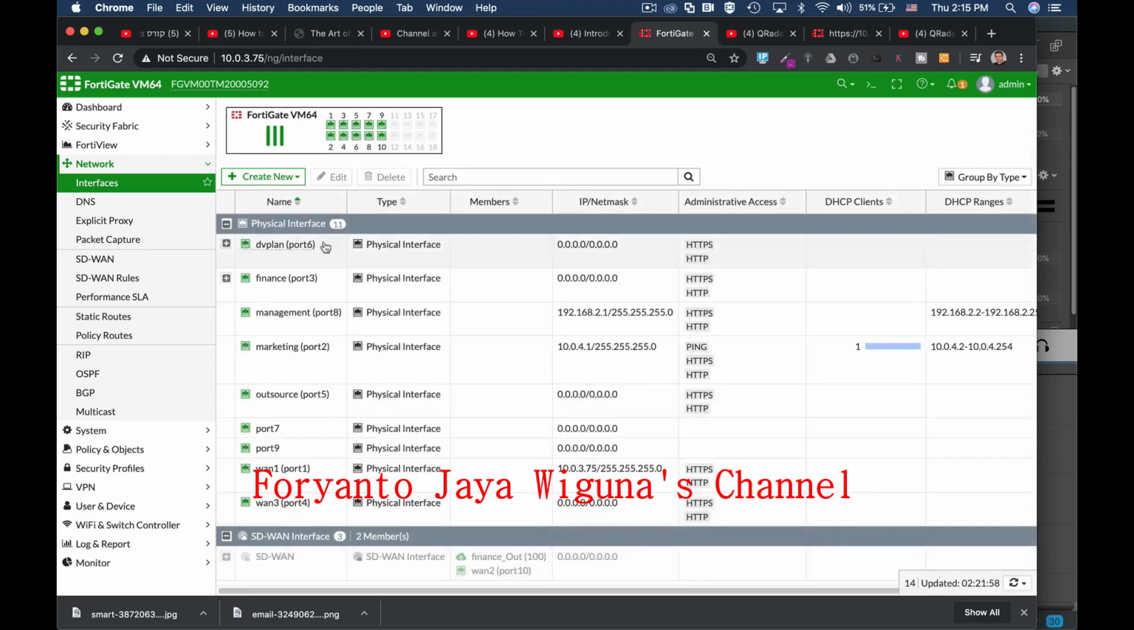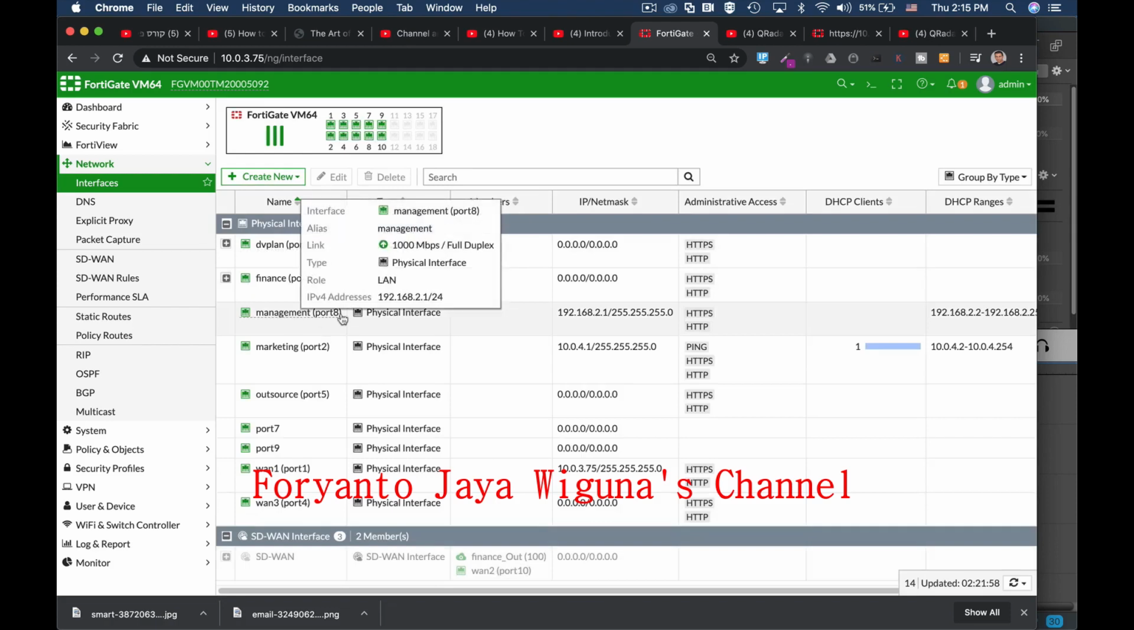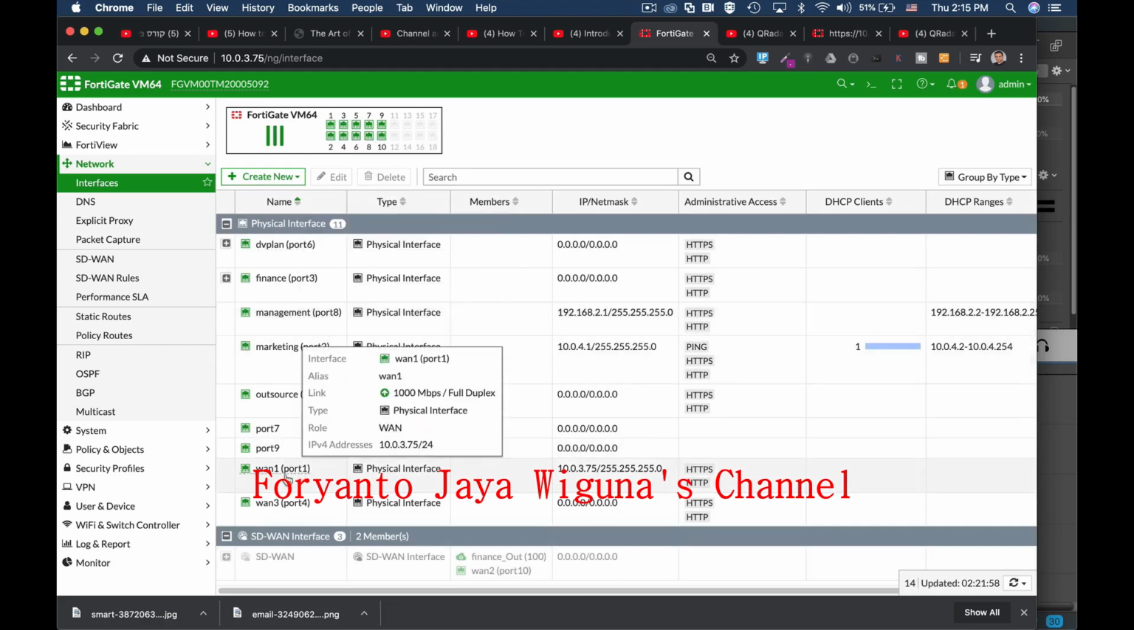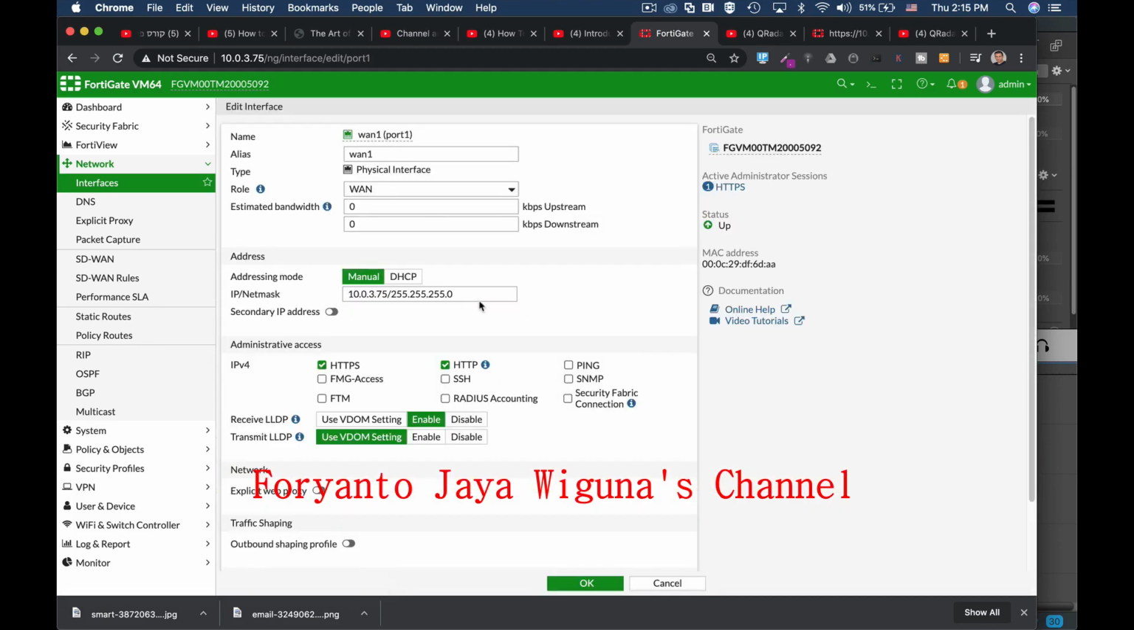Okay. So now we have a management interface. We have another interface, which is the WAN interface that you connect to your ISP router. We will call it WAN1. The role is WAN. We can use DHCP, and if we want to make it more reliable, we will use a static IP address. So my gateway interface is 10.0.3.75, and my router is actually